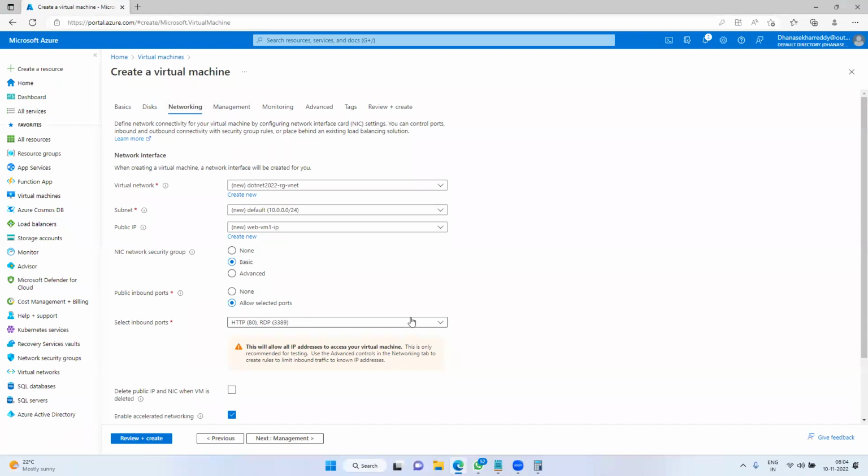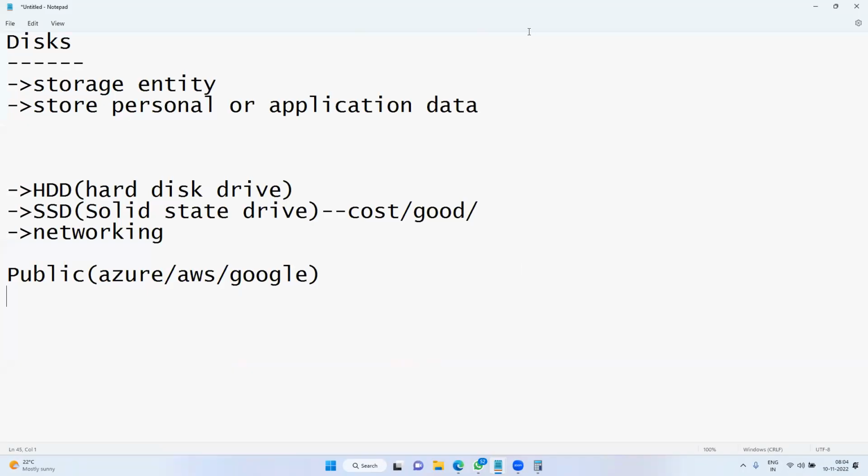Shekhar, sorry. When you say username and password, in a real-time scenario every user has their own username and password, right? And they log in with their own credentials. We don't need to share the credentials, right? Yeah, in that case we will integrate Active Directory with the virtual machine.